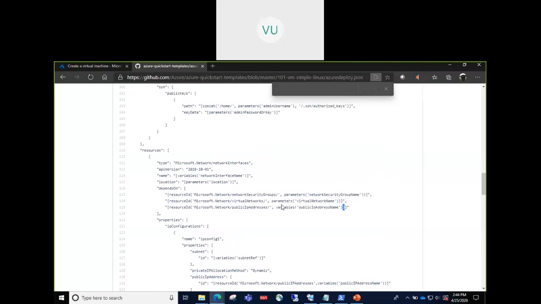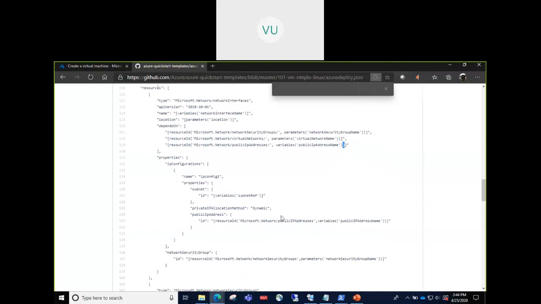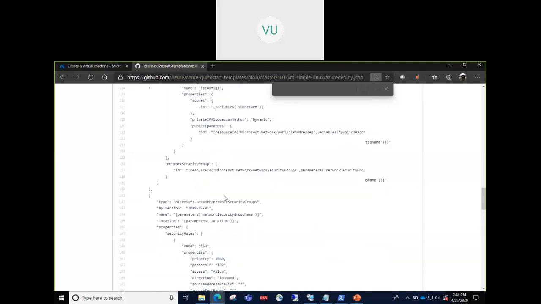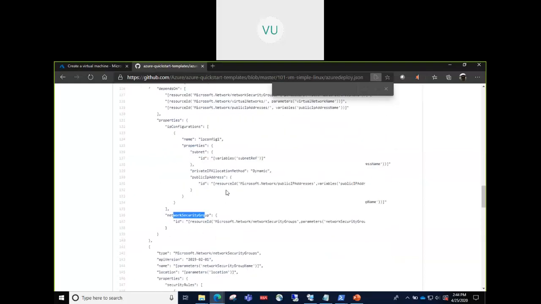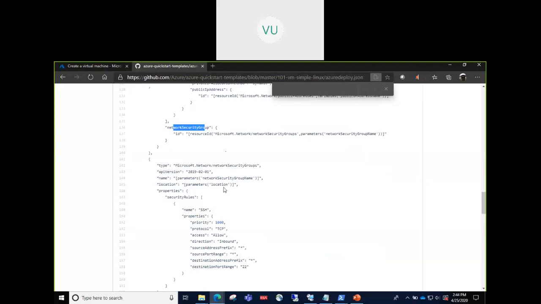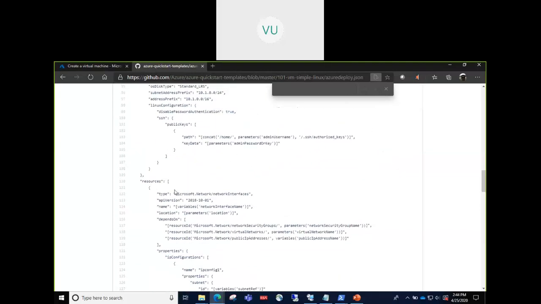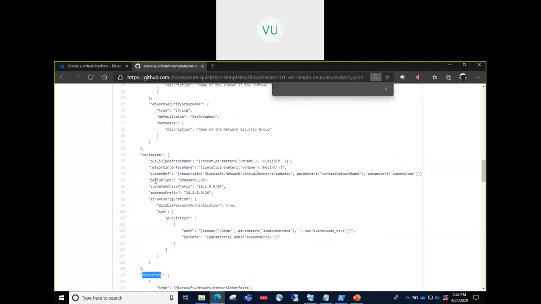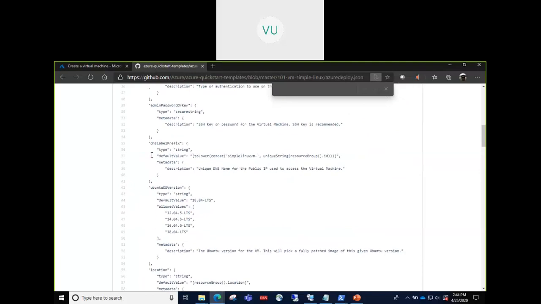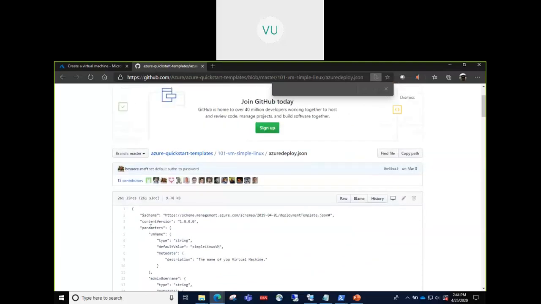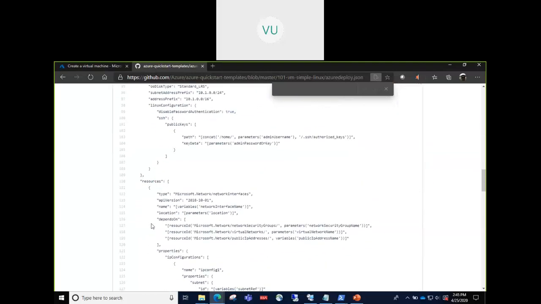Okay, this is a bit of a complex virtual machine. I'm taking this because we will then have an overall understanding of the different things that go into creating ARM templates. So we have a network security group. We'll not go into that much detail. We will slowly go into each of those details in another session. But at a high level, what I wanted to convey is that resources is where you define all your resources, variables is where you define all your variables, and the parameters section is where you define all your parameters.